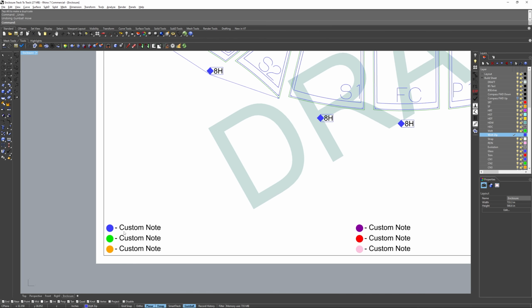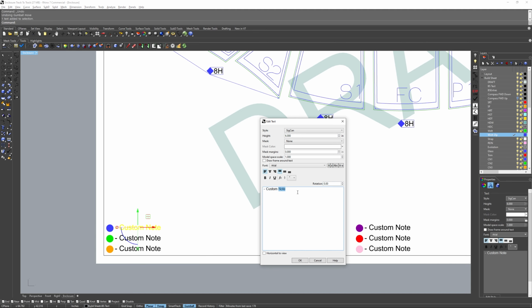But here, the colored circles are actually custom notes that you can write in here. So what I will actually write in here is, I'll actually note here that the